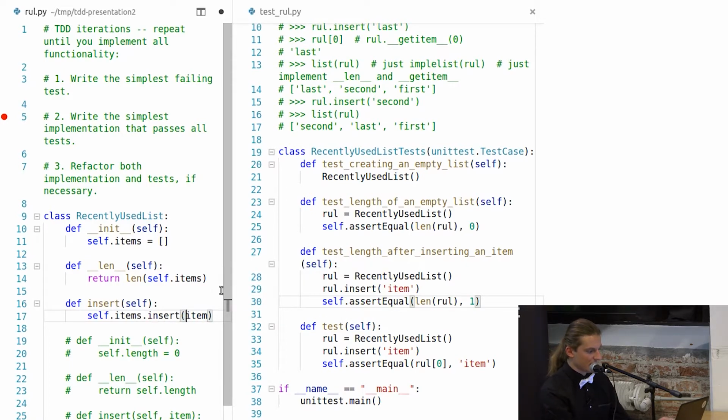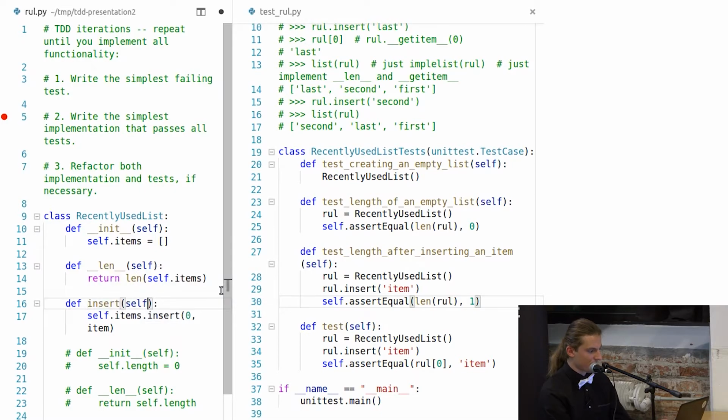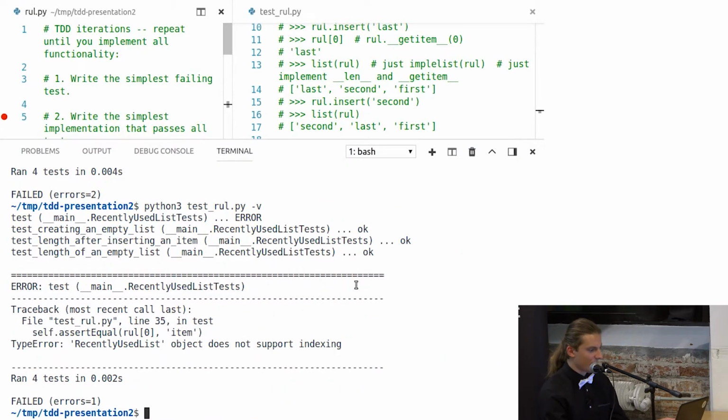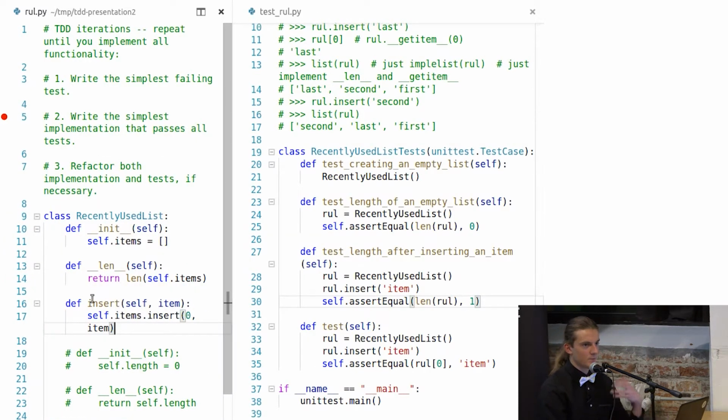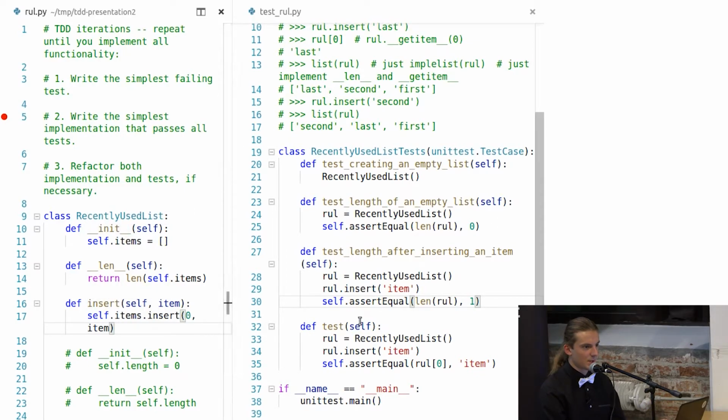Or actually insert it on the 0 position. And yes, now if I run tests, we can see that the first three tests pass. So now we rewrote everything, but still the last test is failing.